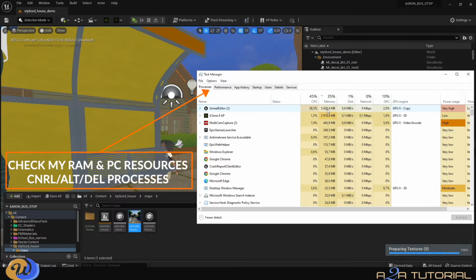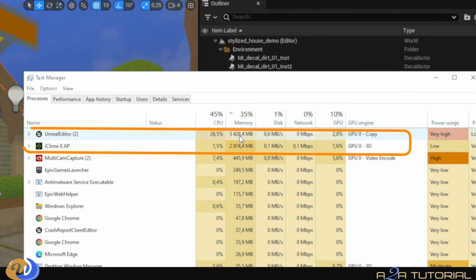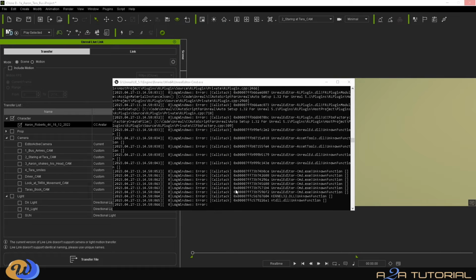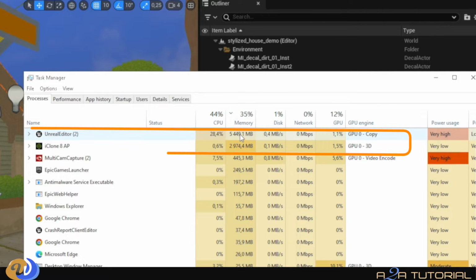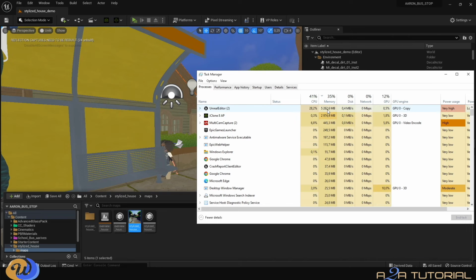This way I can keep an eye on my RAM, which is a big problem for me, to make sure that iClone and Unreal Engine have enough RAM to be able to do the transfer. If, like me, you find your project crashing while transferring, then it's usually because you don't have enough RAM on your PC. Once I've done that, I would now open up the live link, and to find the live link,